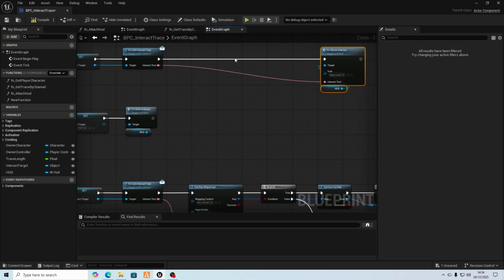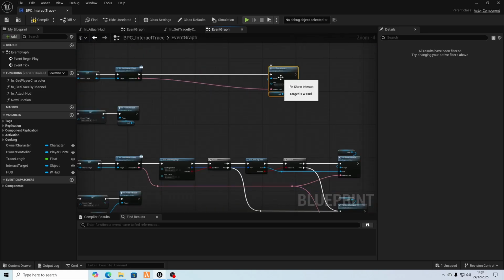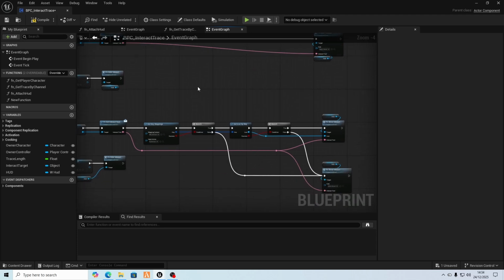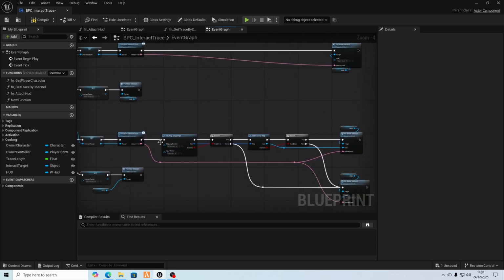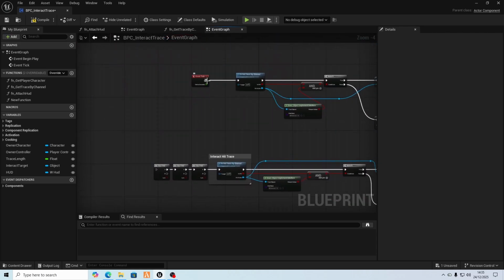So let's show you that now. If I bring that across to here, basically that's what you've got, and this is what I've got. Now the difference between this one that you've got and this one here, this one handles icons. So if I hook this one into my event tick,